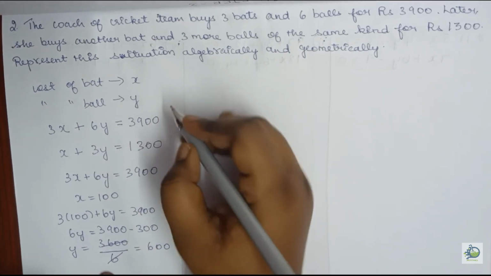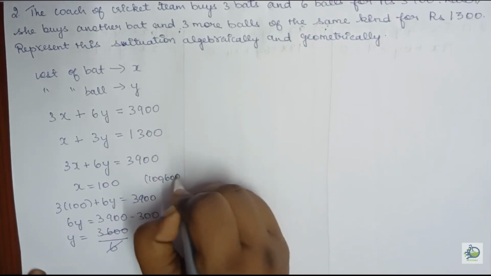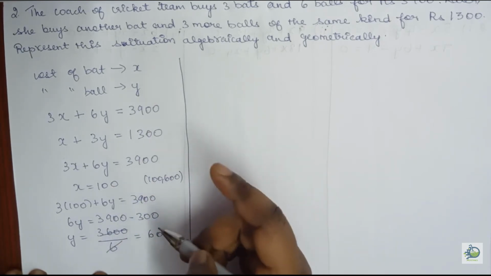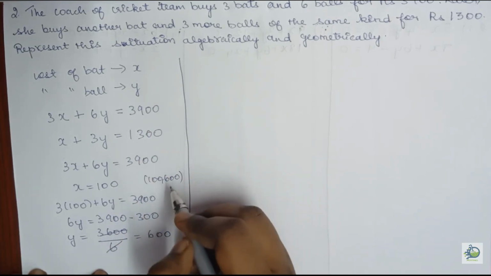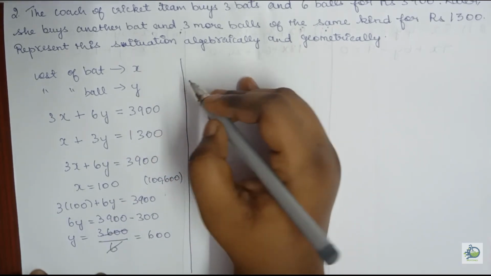Now I got the point as (100, 600). To represent an equation in a graph, I at least need 2 points. So one of the points I found as (100, 600). Now for the next one, I can substitute